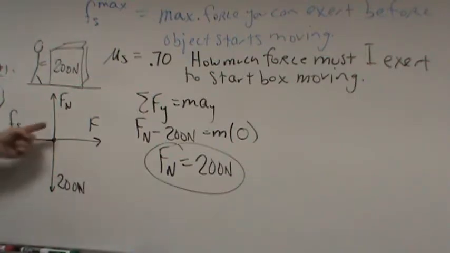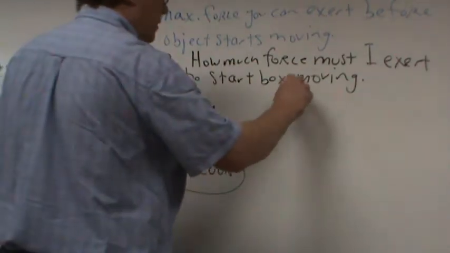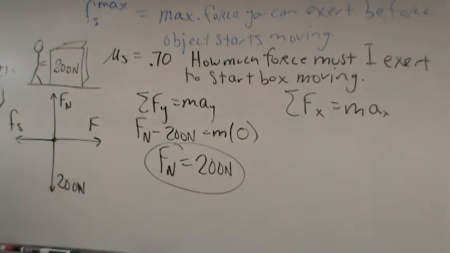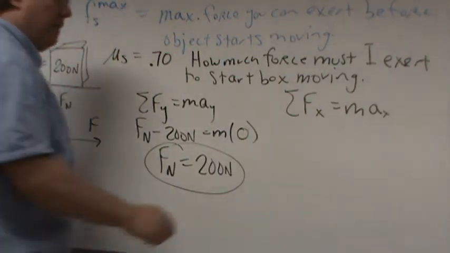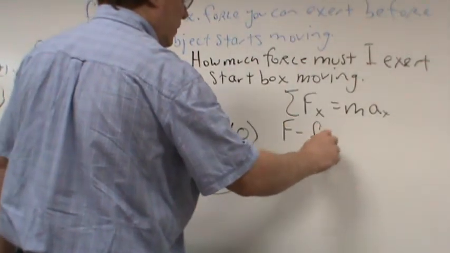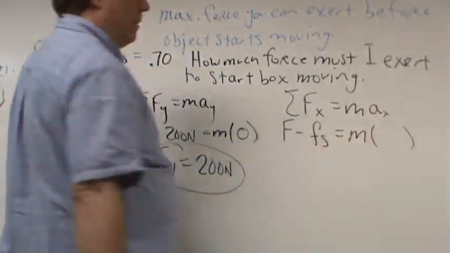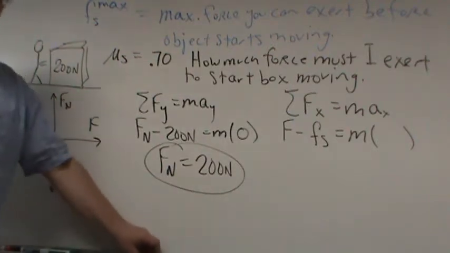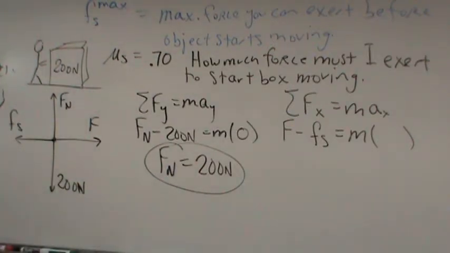Okay, well, now let's go ahead and turn our attention to the x direction. Sum of the forces in the x direction equals max. I got two forces in the x direction, F, which is positive, and static friction force, which is negative. F minus static friction force equals m times a. And here's something that I must tell you. You had no way of actually knowing this. What's the acceleration of this object in the x direction when I'm exerting enough force just to break the bonds, to get it going? Well, I'll tell you, 0.